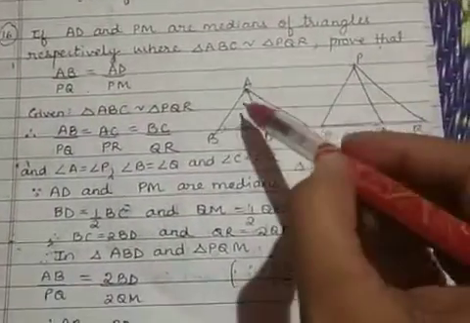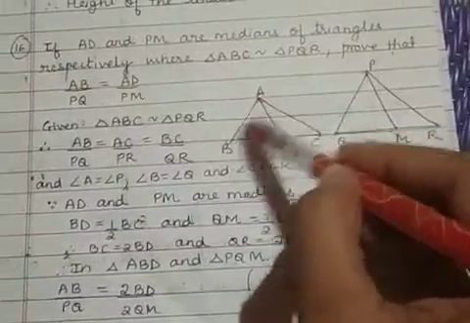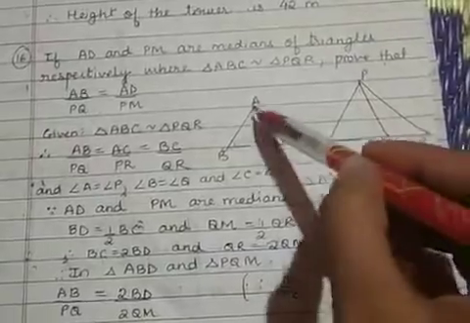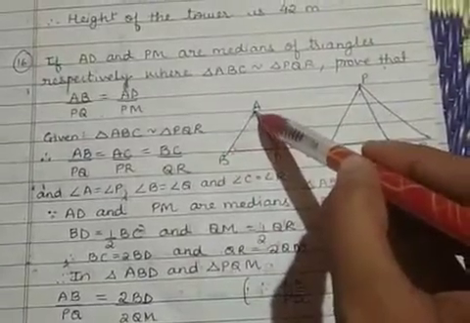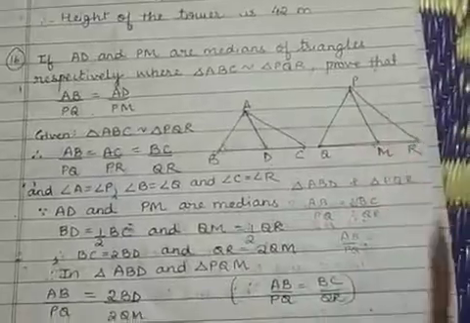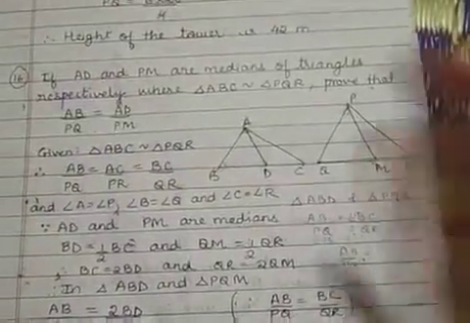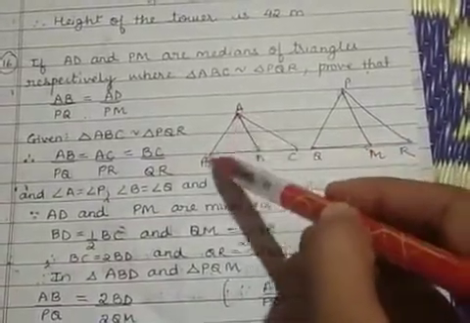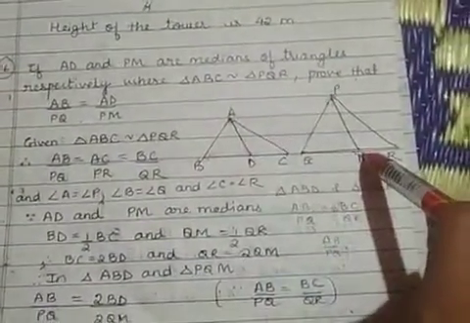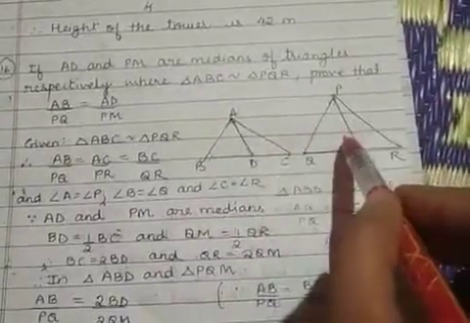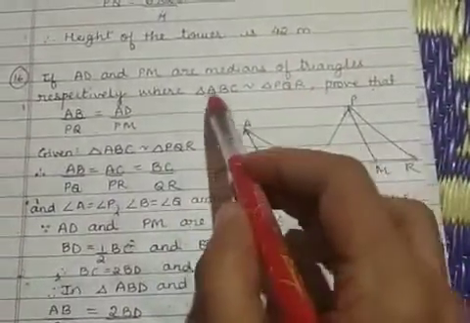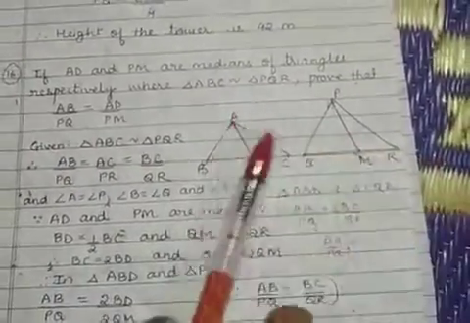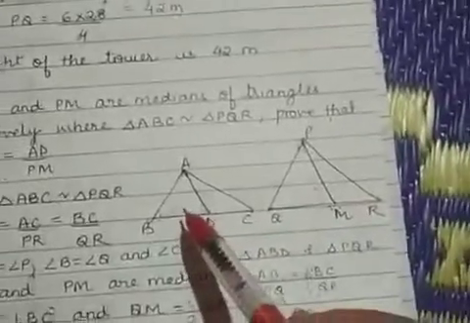Now if you see, you have to prove this side is proportional to this side and this side is proportional to this side. So if I show that these two triangles are similar, then I can say that the sides are proportional and get whatever is asked to be proved. Now the triangles to be taken are ABD and triangle PQM. So these two triangles have to be taken. Before that, let us see what is given to us and find all the conditions which are required to show that these two triangles are similar.